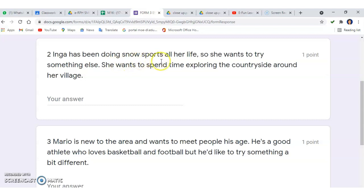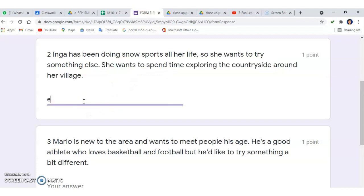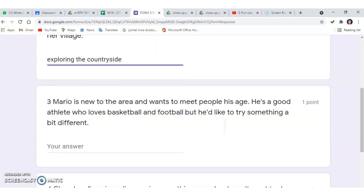Inga has been doing snow sports all her life, so she wants to try something else. She wants to spend time exploring the countryside around her village. So what is her purpose? What is her reason for doing sports? She wants to spend time exploring the countryside, right? Or you say she wants to try something else. She has been doing snow sports all her life. Now she wants to try something else. She wants to spend time exploring the countryside. Next,